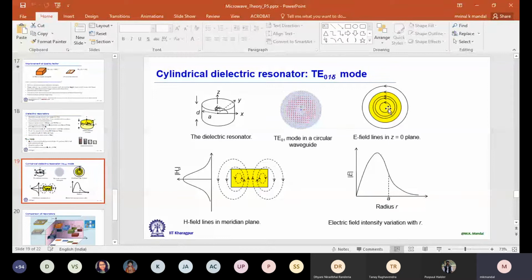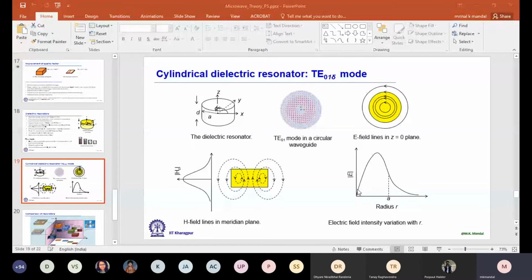You can compare this situation with the TE01 mode in a circular waveguide, but the circular waveguide is a closed structure, so everything is inside. If you recall, it is an axis symmetric mode. With respect to the axis it looks symmetric, right? And now from the center going outward, we cross just one maxima. Here we have the same thing. From the center, if we go outward, then we cross the maxima. It is drawn at the z equal to 0 plane, and outside also we have a significant component.